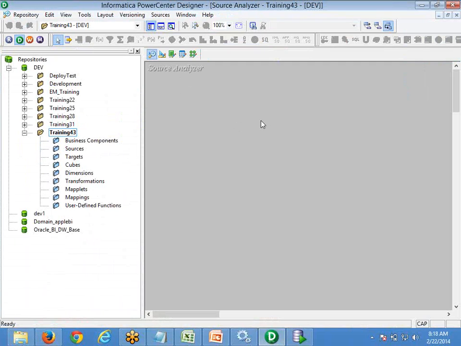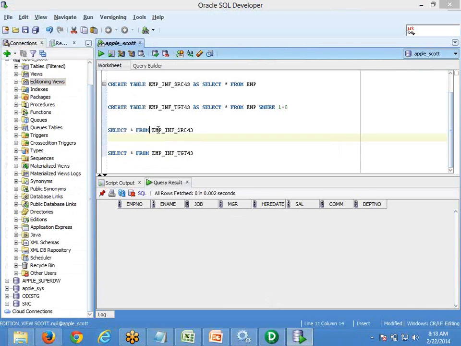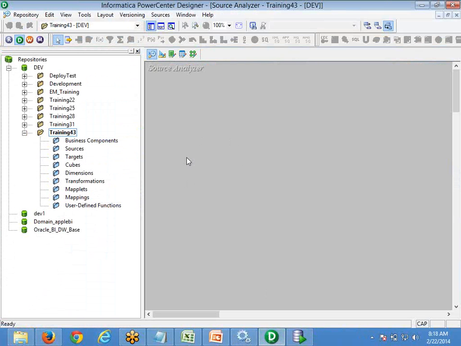Okay, so now what I need to do here is define what your source table is. I have a source table here. So this source I need to define here. It tells that there is one source in an Oracle database, and this guy wants to read data from that particular table. Okay, that you need to define.